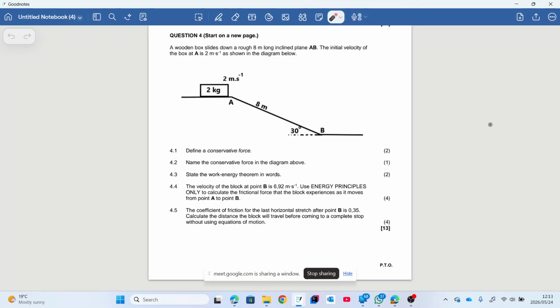You can see the screen? Yes, I can see the screen. Okay, so